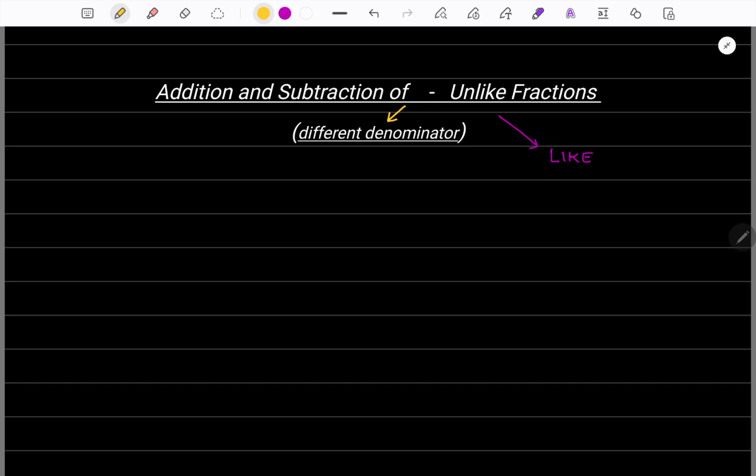So we are taking unlike fractions here, 3 by 4 and 1 by 5. Let's take this as an addition example. So 3 by 4 plus 1 by 5. How do we add that? If we have to convert them into like fractions, we need the LCM first. So the LCM for 4 and 5 is equal to 20. Now the next step is to change them into their equivalent forms with denominator equal to the LCM. So 3 by 4 gives us 15 by 20 and 1 by 5 gives us 4 by 20.